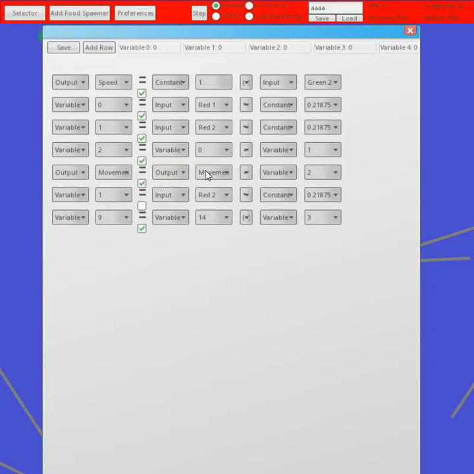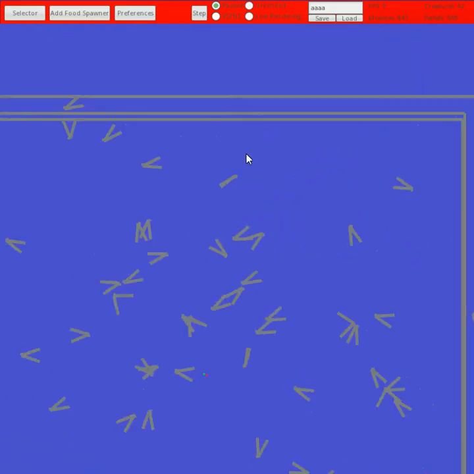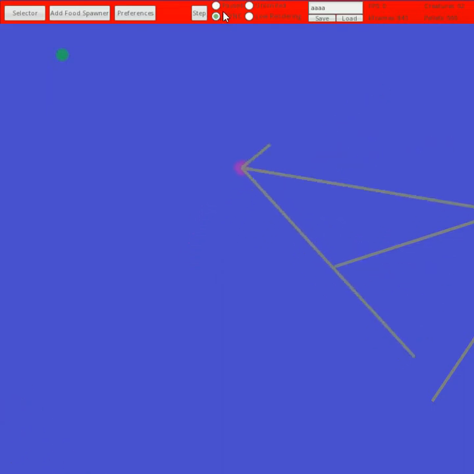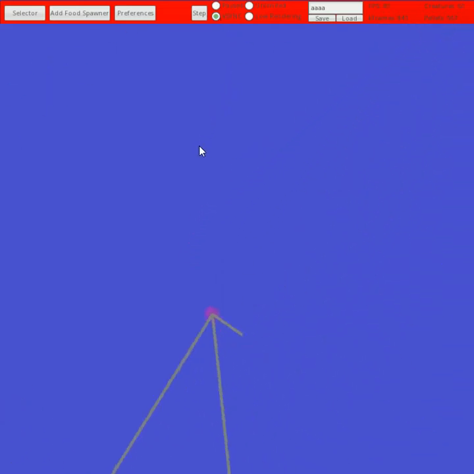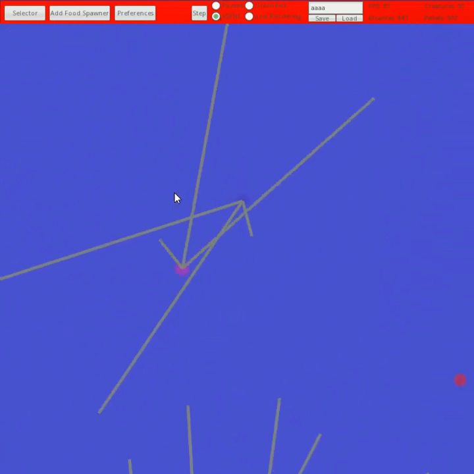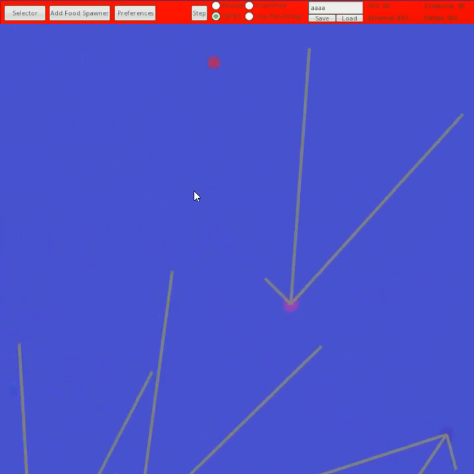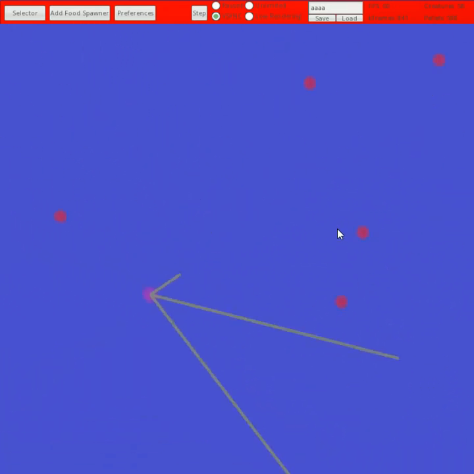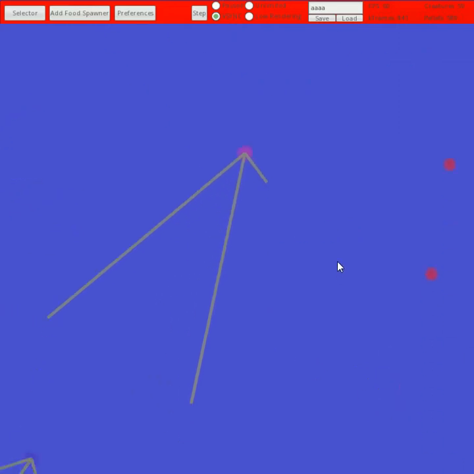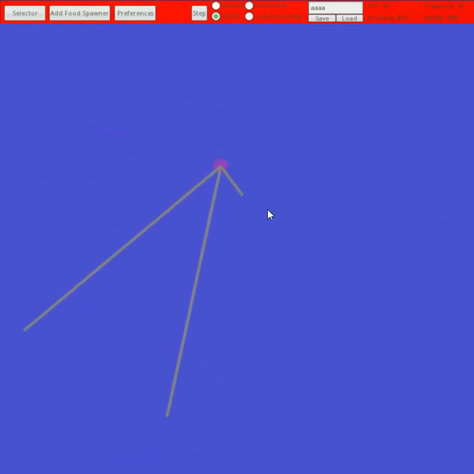And then the movement angle is increased by that value there, which is the composite of the red values of both eyes times a constant. So in other words, the creature's angle increases, or goes counterclockwise, anytime it spots a red object. Pretty simple. Also, it's worth noting that it increases for both eyes, which means that even if it had an